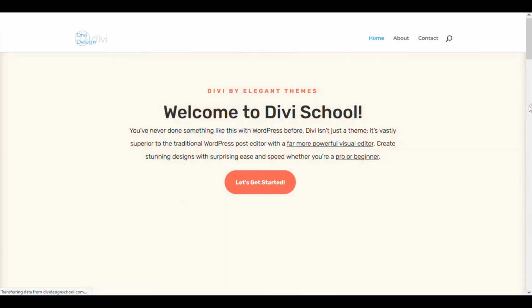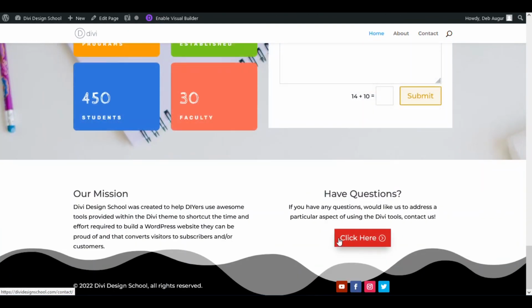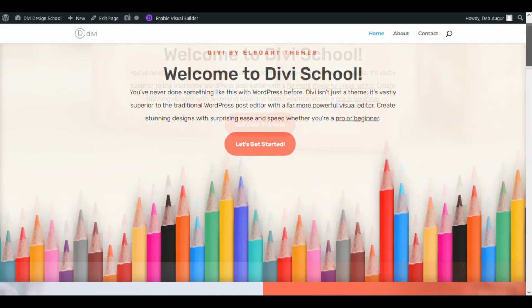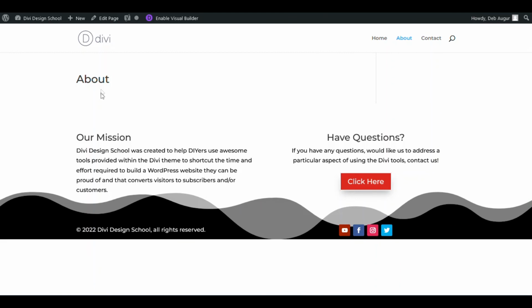So let's refresh this page and check out the footer. Should have made it orange. And that will be global across all pages. I don't have the About page done yet, but you can see that it will be. And on the contact page,